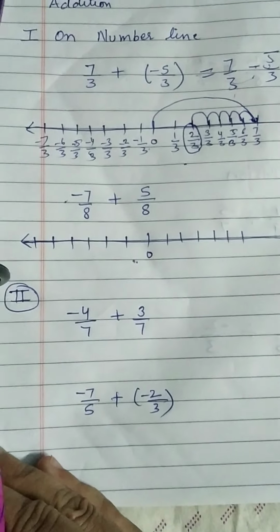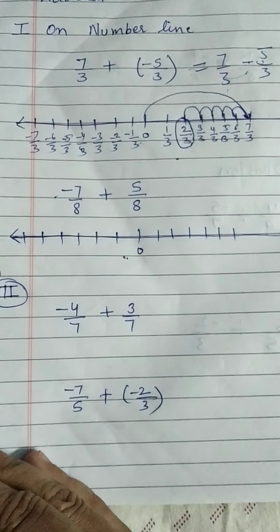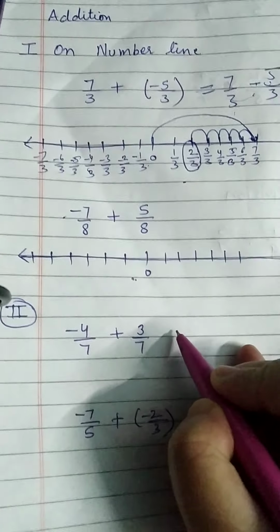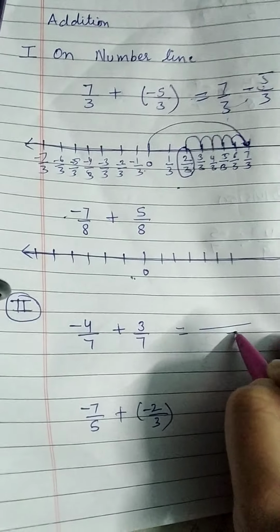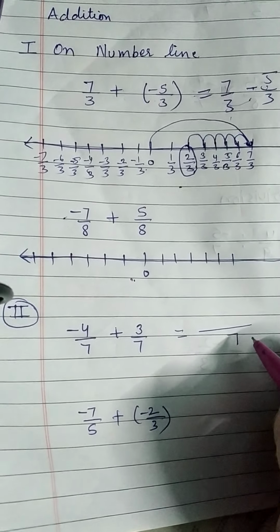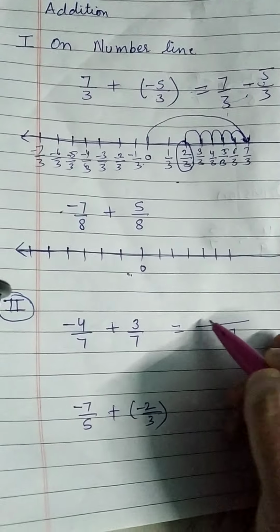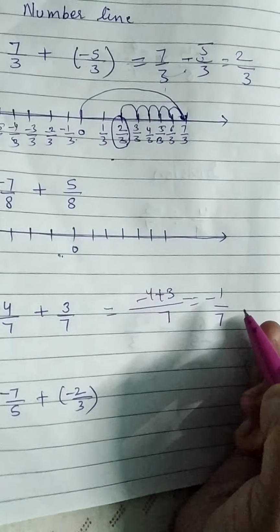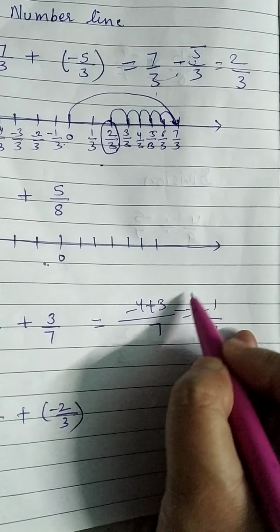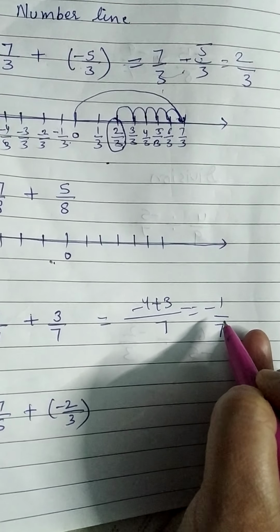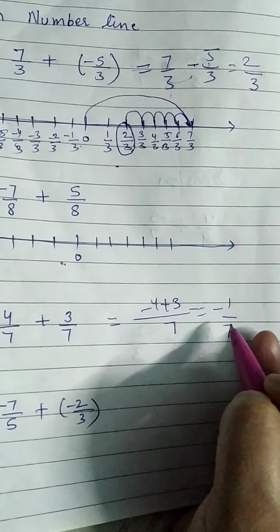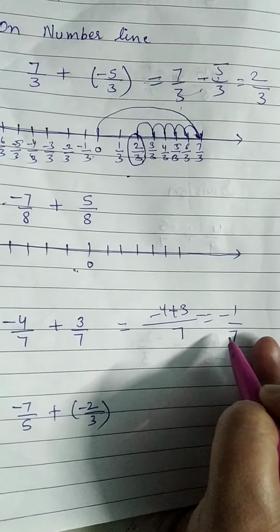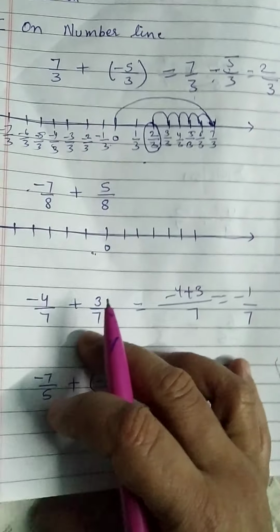Then comes addition of rational numbers normally, when we have the same denominator. If we have the same denominator, it is simple as we were doing in fractions. 7 and 7 LCM is 7, minus 4 plus 3, answer is minus 1 by 7. As you were checking in fractions also, if the answer is an improper one, you have to change it into the mixed one. But here we have only a proper rational number, so no need to change it anywhere.